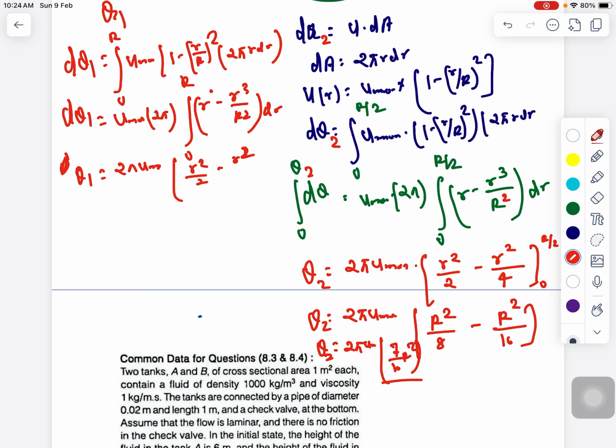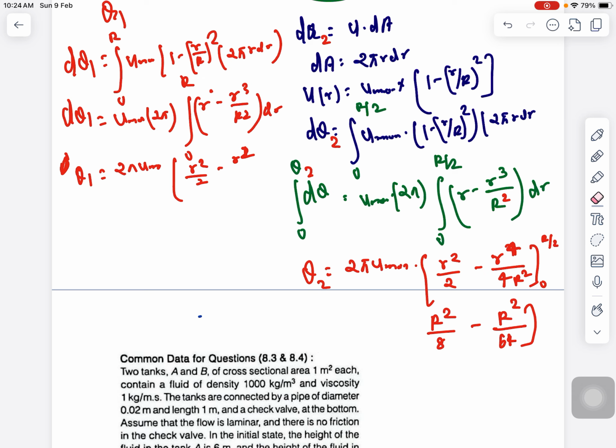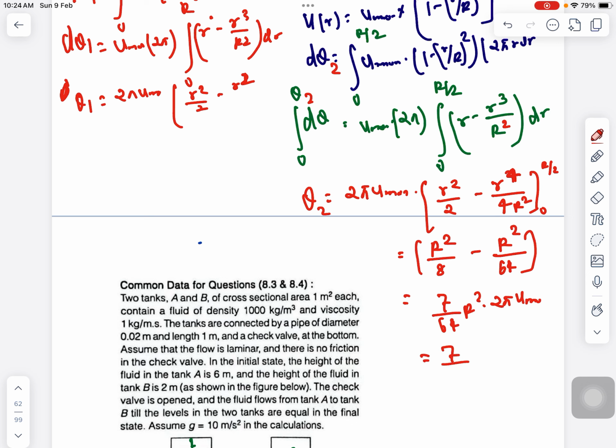Sorry, I think I have done some mistake here, so that will be equal to r to the fourth by 4 R square, and once you substitute these things, so this will be your 64, right? Don't make any mistake here, that will be your 64. Okay, due to a space constraint I have to sacrifice something here. So once you do the calculation you can write 7 by 64 R square into 2 pi u max. So finally you can write 7 divided by 32 R square pi u max. Okay, and from here you can write r to the fourth divided by 4 R square